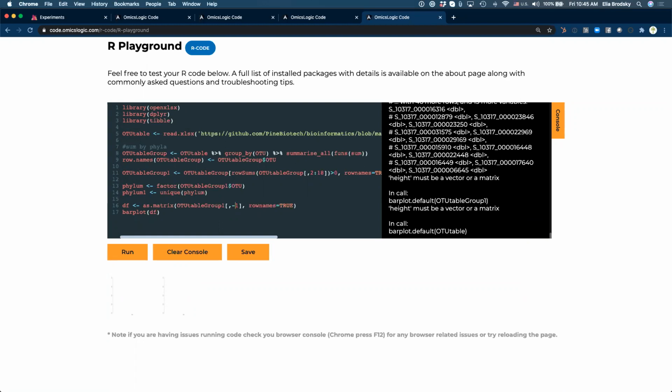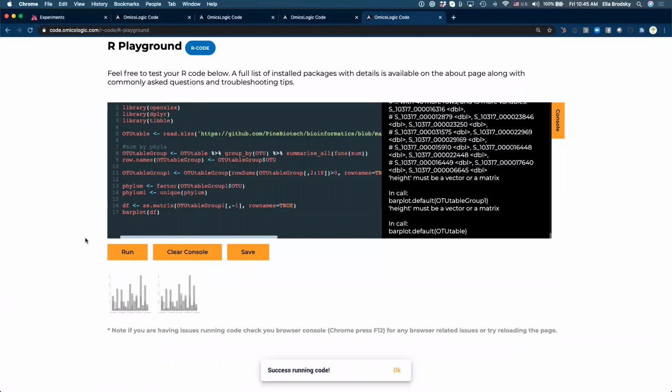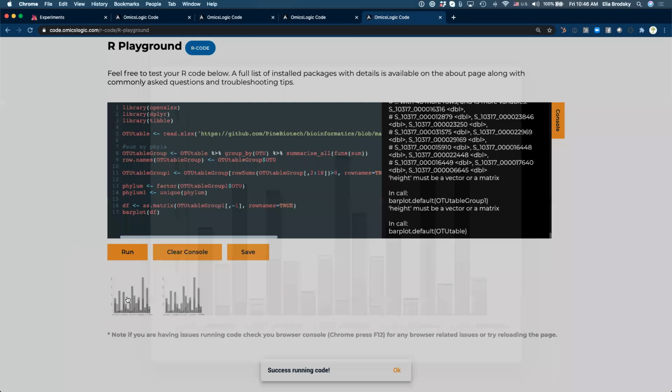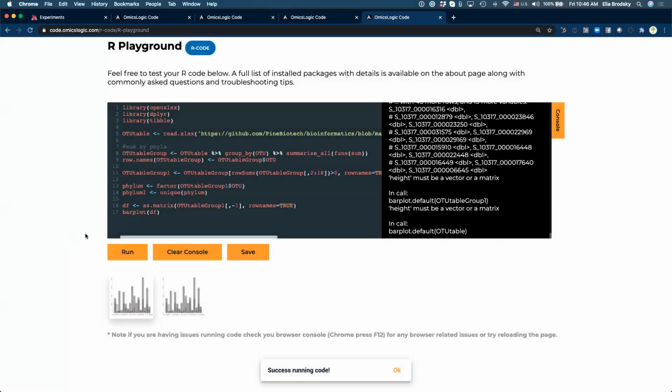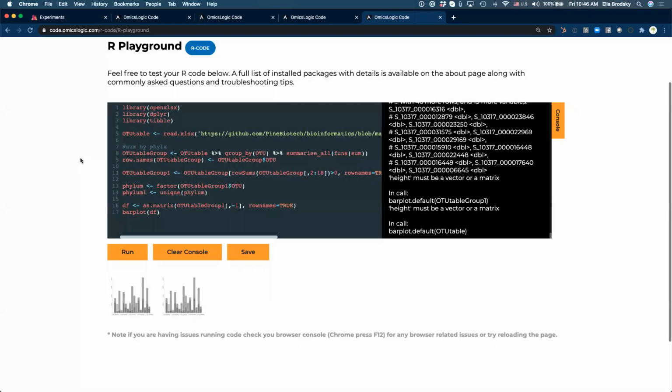Oh, I need to remove 1 instead of just keeping column 1. All right, so as you can see, this is much less cluttered now because we only have 20 instead of 56. Great, thank you, Michael.